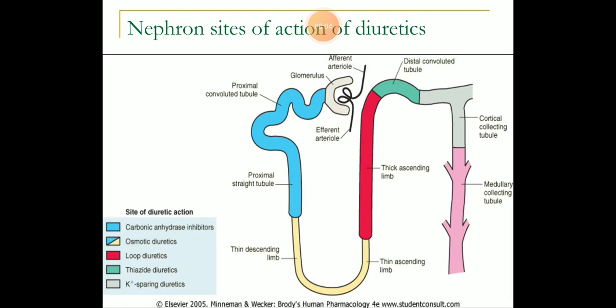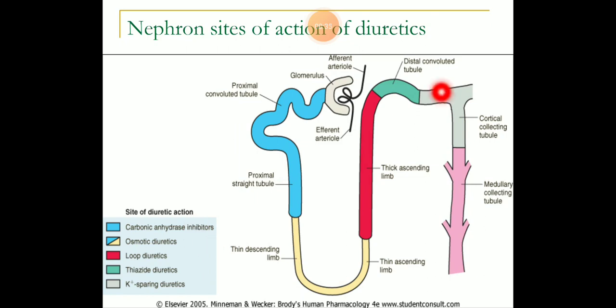Today is the continuation of the second part of discussion on diuretics. Now, we'll focus initially on the cortical collecting tubule and the medullary collecting duct or medullary collecting tubule. So, we'll concentrate on this part. This gray zone is showing that this part is the mechanism of action for potassium sparing diuretics.